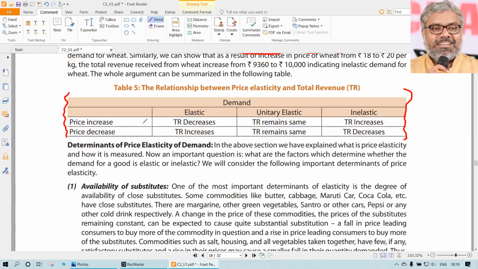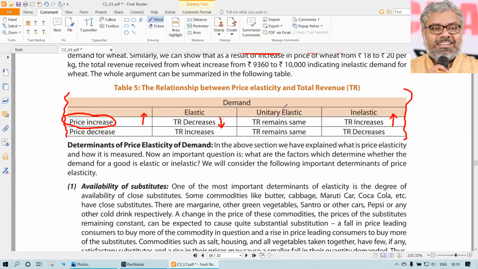So look at this, just for the same thing we are talking about. If the price increases, what happens? If the product is elastic, it will become opposite, so total revenue decreases. If the product is elastic, then the total revenue decreases because these two are opposite with each other. If it is inelastic, that will be the same direction. When the price increases, the total revenue also increases.